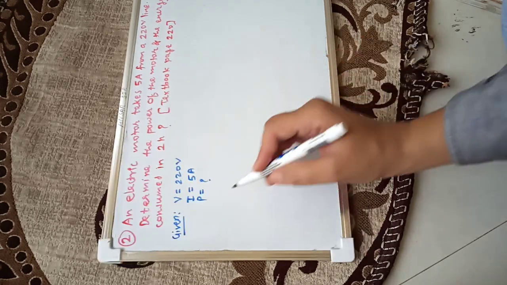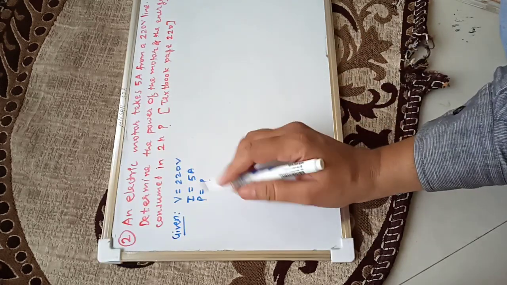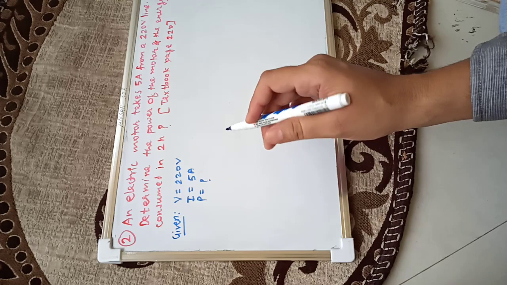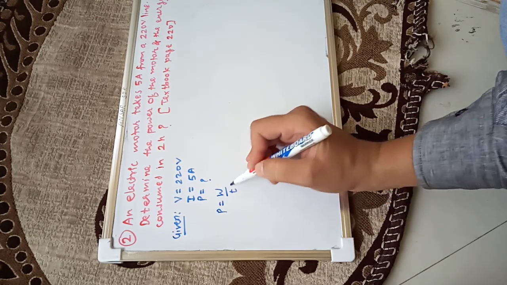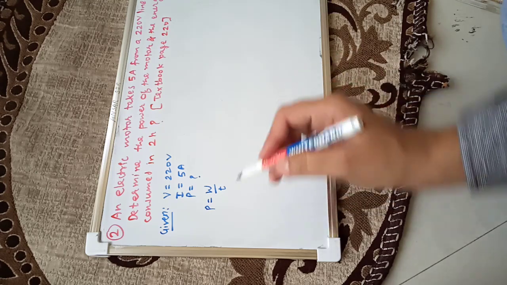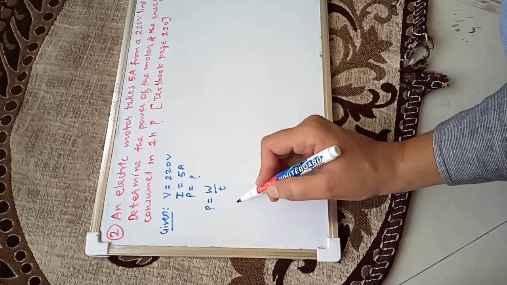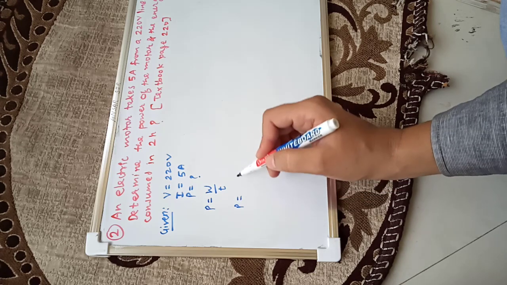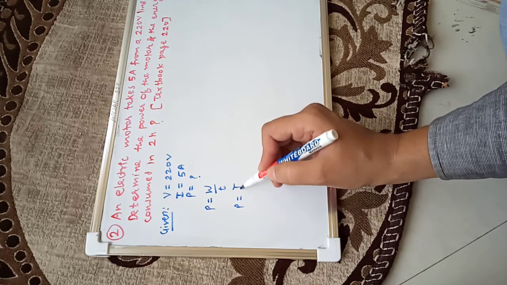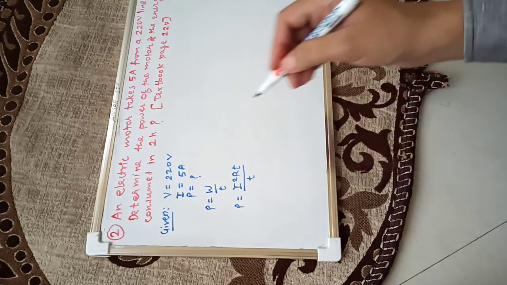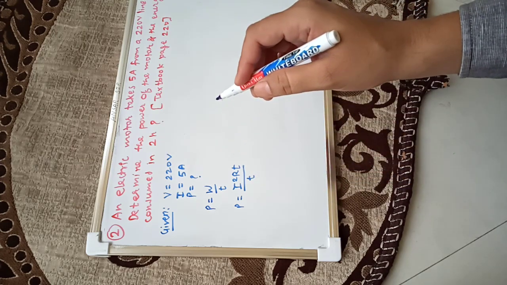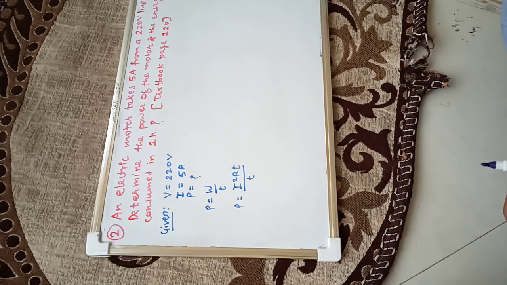So you know, though we don't need to derive it, I will still derive it for you. Power is equal to work upon time. Don't derive while solving the numerical question. If you remember the formula, that's a very good thing. So power is equal to work upon time, but work is equal to I square RT. You will say, no sir, H is equal to I square RT. So SI unit of work is joule, SI unit of heat is joule. So if two quantities have the same unit, we can use them interchangeably.